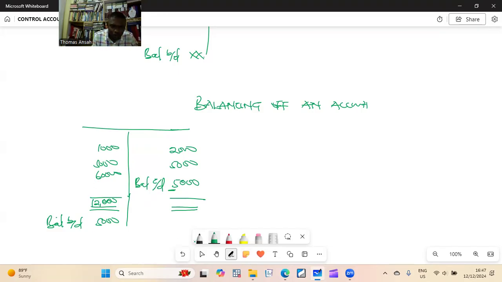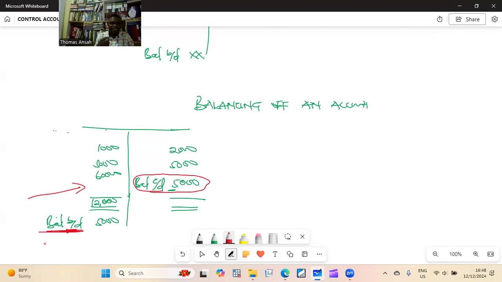So this account, because the balance brought down is at the left-hand side of the account, we will say this account has a debit balance. Why? Because the closing balance, not just the beginning balance, the closing balance. All right. So you see, this closing balance was at the credit side. And because we will have to begin it at the opposite side, we will call this one what? A debit balance. So we say an account has a debit balance when the balance brought down is at the